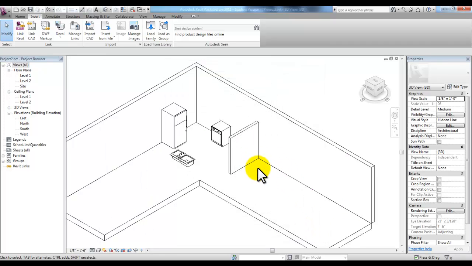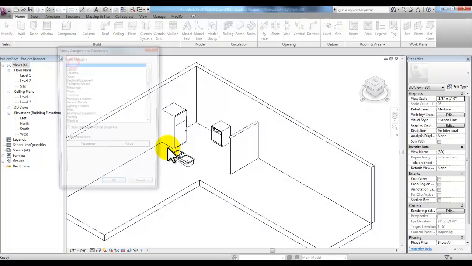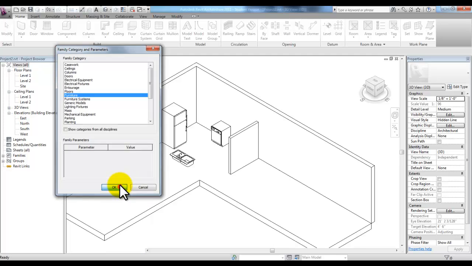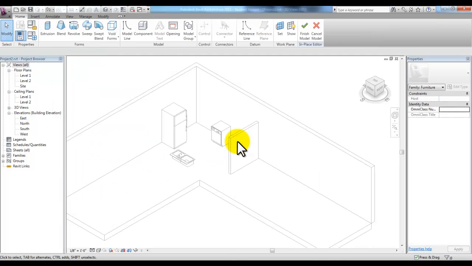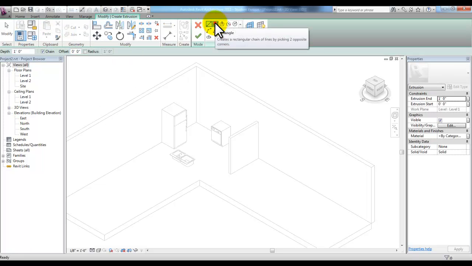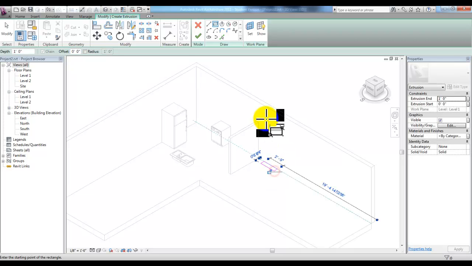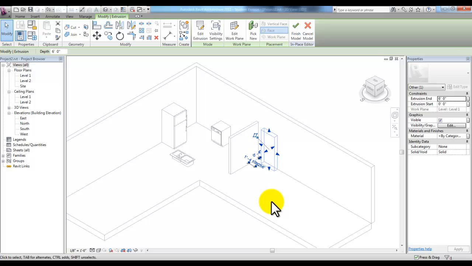And then for the wine rack, we'll go to the Home tab and pick Model in Place, highlight Furniture, pick OK, Furniture 1, OK, and then create an extrusion. The extrusion can be a rectangle, here up against the wall, with a depth of your choice, and then pick the green check mark. If the depth seems a little too high, you can always use these blue grips to change the depth and